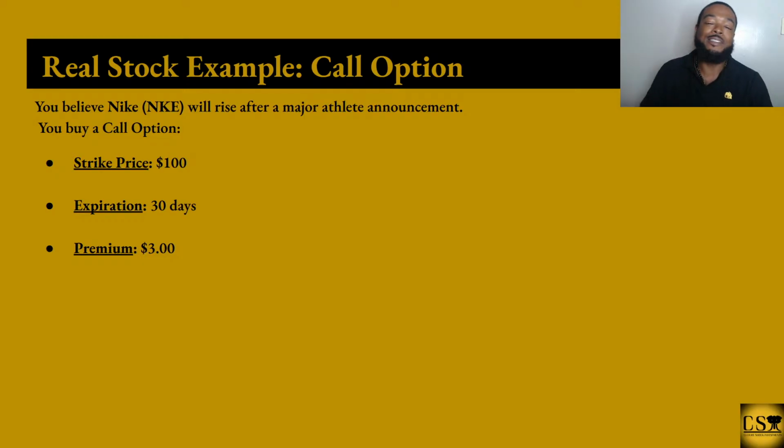It gives you a leverage position, so you don't have to go out there and buy 100 shares of Nike at $100. You could buy $300 worth of Nike instead of paying the full amount that you're going to have to pay for that amount of shares. So if you had to buy 100 shares of Nike at $100, that's like $10,000. So $10,000 worth of Nike, you're getting control of that for $300, and that's the power. But you only have that control for 30 days.